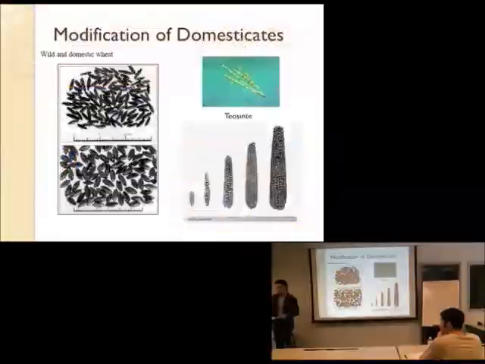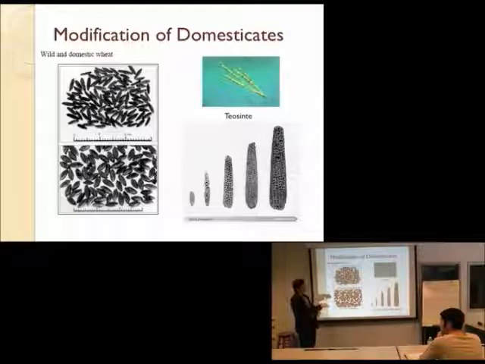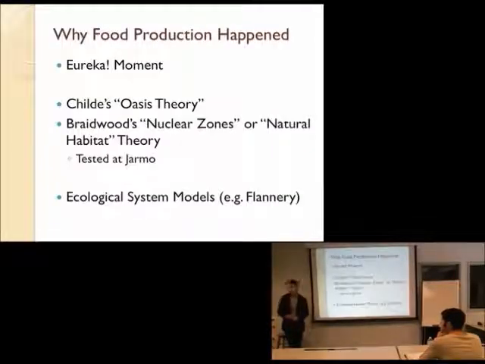So we've been talking about how this process has taken place, this big change, and it really is a big change for the plants as much as for the people, going from teosinte up here to these little tiny corn cobs all the way up to the thing that we eat now off the cob in the summer on the right-hand side. So it raises the question of why this big change is happening.